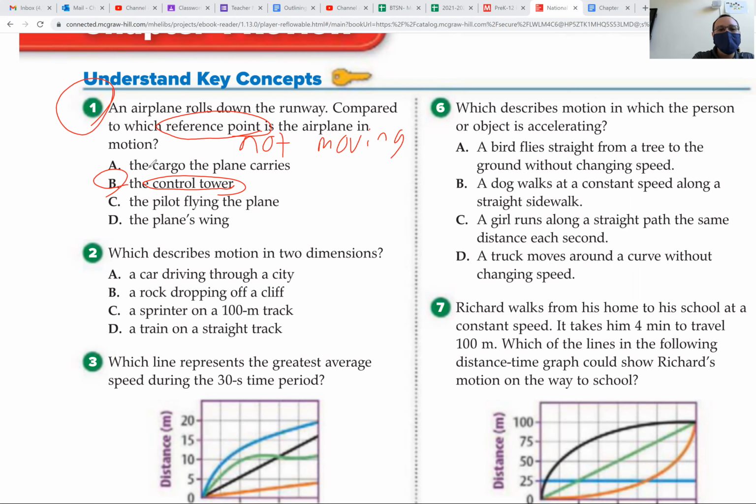The cargo is in the plane. That's no good. The pilot is in the plane and the wing is attached to the plane. And we know that the airplane is rolling. So those other points cannot be reference points relative to the plane. Number 2, we did not look at. So we're going to take a look now at number